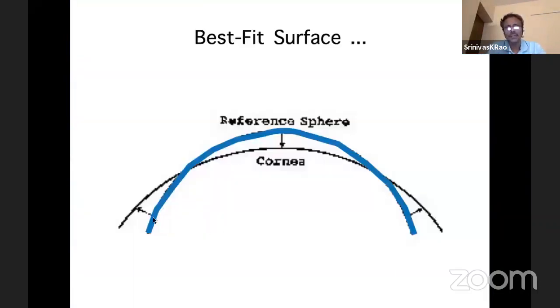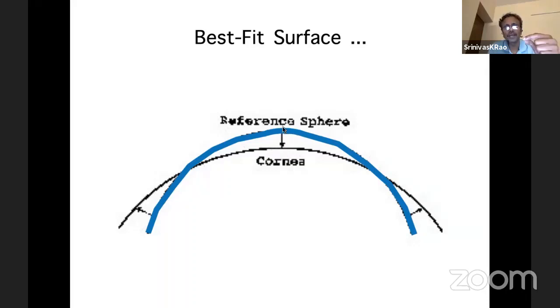So if you have a cornea in blue traced like this, when you look at the elevation data, be it a Scheimpflug or a slit scanner, because it's capturing the elevation of these corneal data points in space, all you'll get is a set of points. In order to make sense of this data in a way that we can use it meaningfully, we must compare it to a reference surface. Just like the height of the Everest is in comparison to the sea level, here we need what is called a reference sphere, which is this thin black line here. And once you derive this reference surface, then these points will make sense.